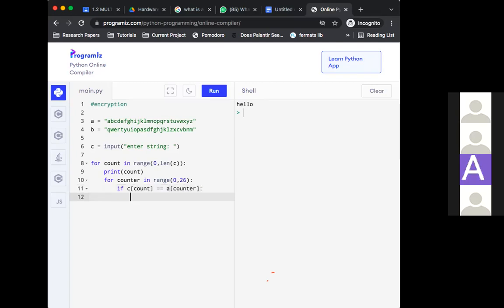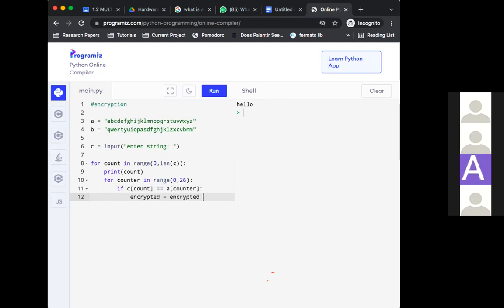I might be a bit wrong on the Python syntax and I will fix that, but just pretend it never happened because I am very used to pseudocode now. But if C count is equal to A counter, then encrypted is equal to